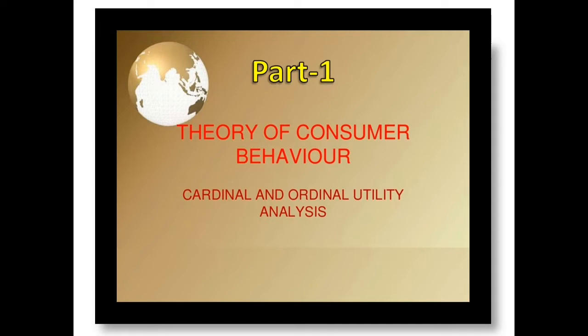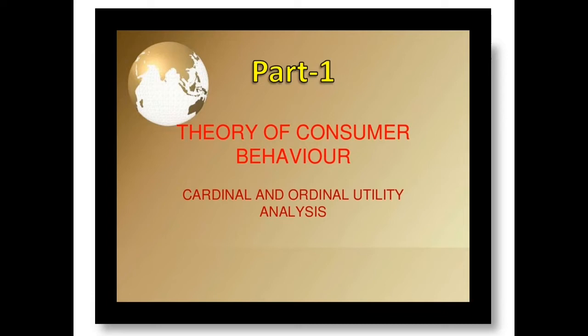Now, when we start with the chapter, there is a little introduction: how does a consumer decide how much of a good to buy at a given price, and why does he or she buy more of a good when its price falls. All these things we have studied in the chapter on demand, where we studied the relationship between price and demand. Then the second question is that we look at consumers' behavior with the objective of explaining the principle behind the law of demand.